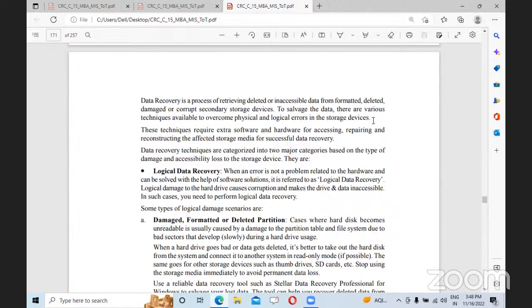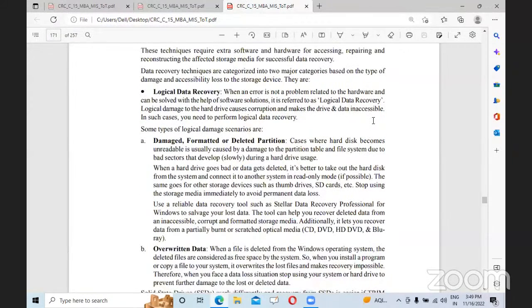These techniques require extra software and hardware for accessing, repairing, and reconstructing the affected storage media for successful data recovery. Data recovery techniques are categorized into two major categories based on the type of damage and accessibility loss to the storage device. They are logical data recovery, and